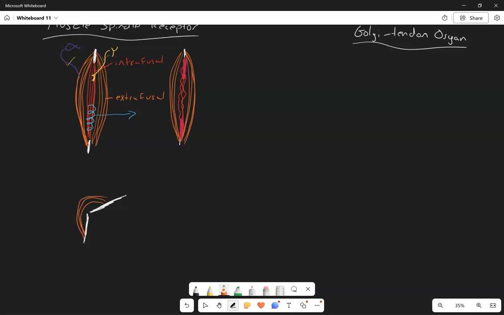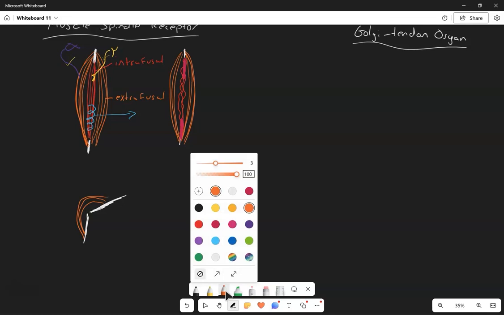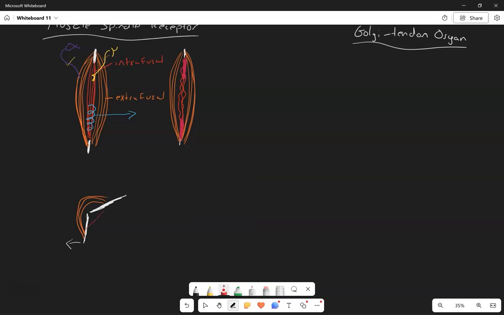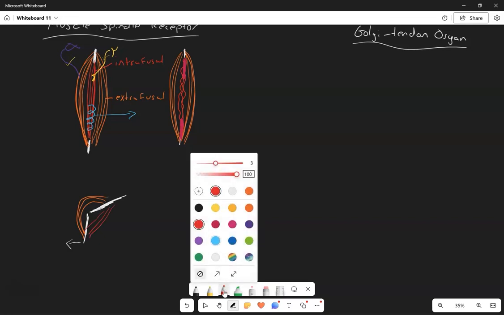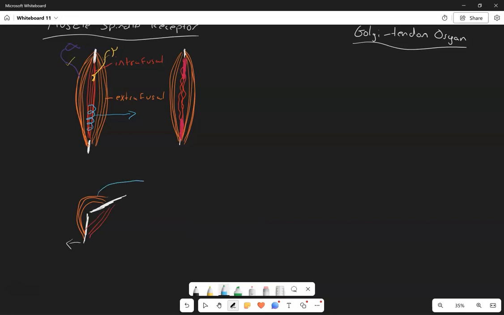And what will happen if we shorten this muscle here? We're going to move that bone in that direction. But remember that we're also going to have a muscle back here, right? So if this is going to send a signal to the central nervous system, to the spinal cord,